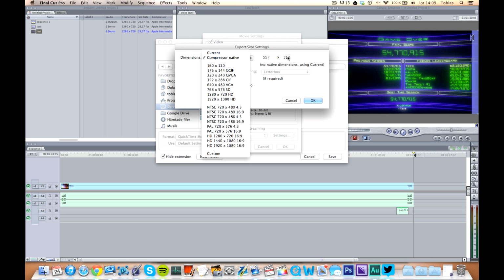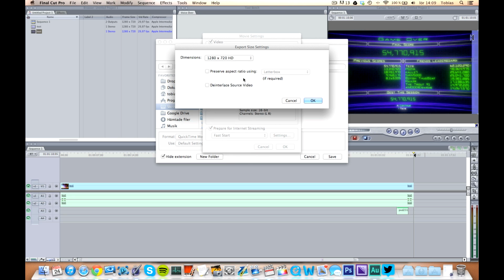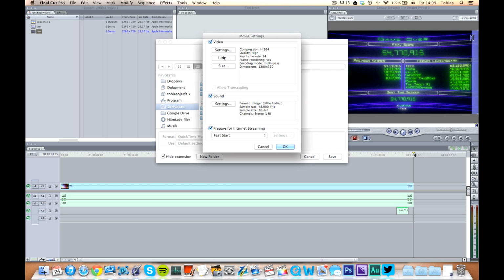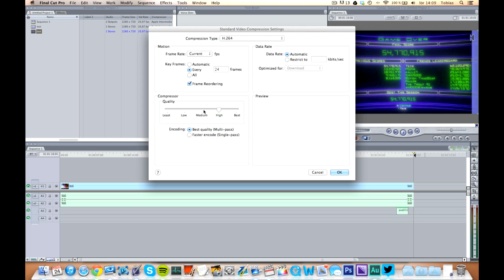And Compressor native, that's what you're watching on the screen right here. So you want to go and change to 720. Okay, and we already changed the... go to medium. You can also restrict it. You can restrict it to 10,000 kilobytes per second, or kbits per sec, which is what YouTube will try to